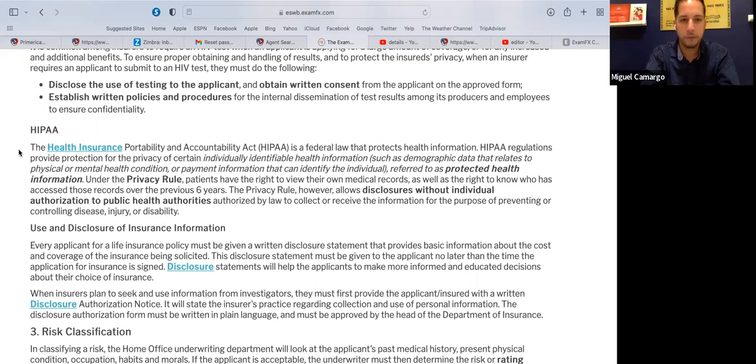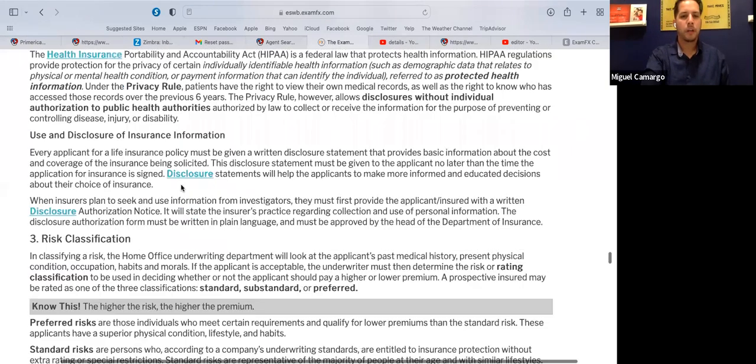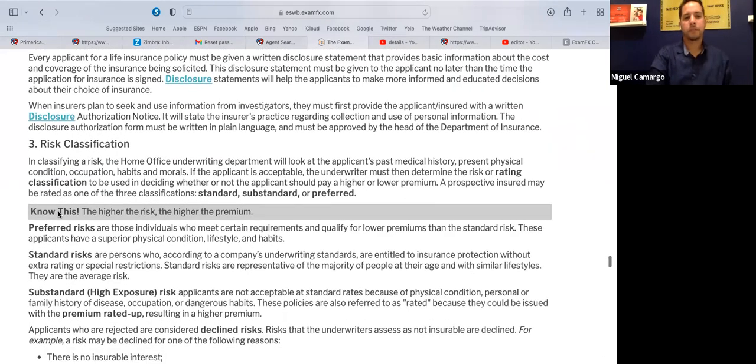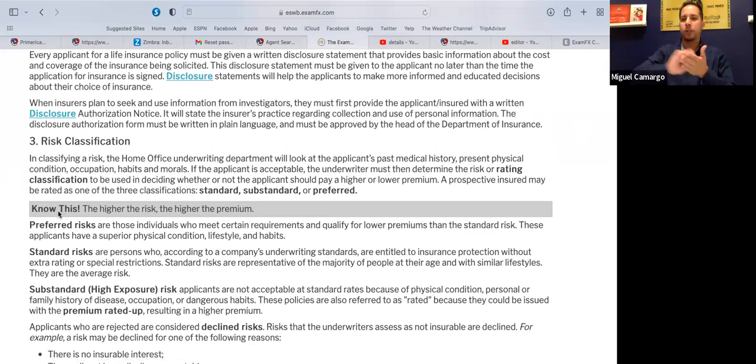So this is something very true. Just for your own personal stuff, you want to know that you have HIPAA laws that protect you. Risk classification. This is very simple. Write down risk classification. There's 3 types of risk when it comes to